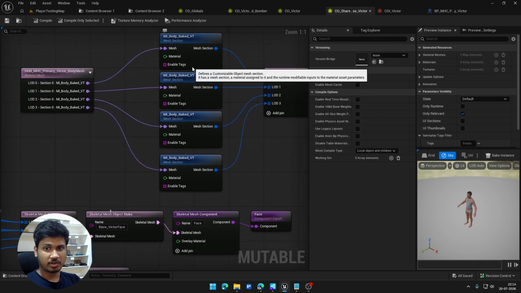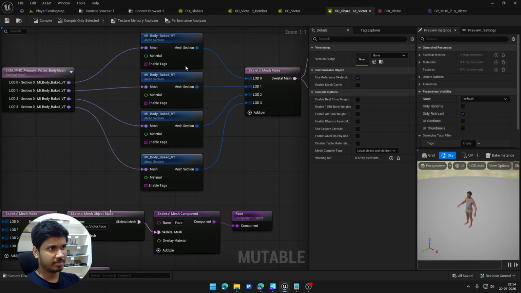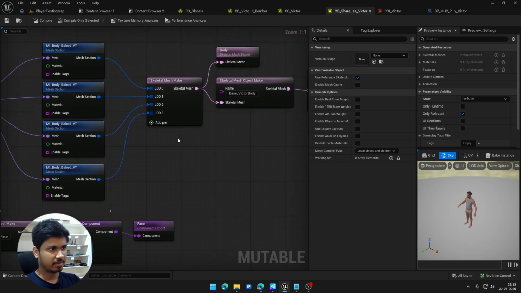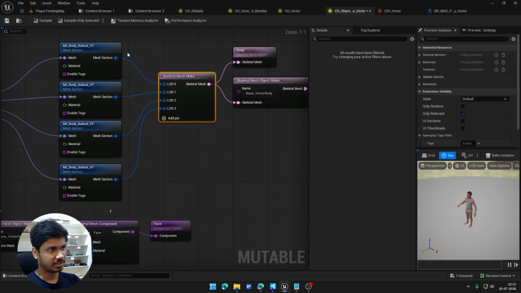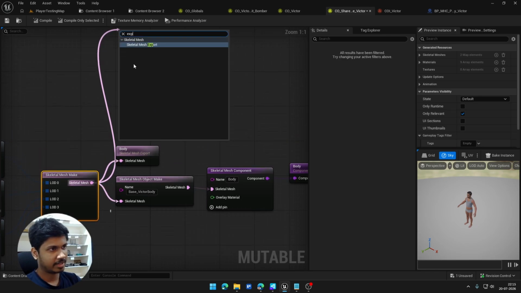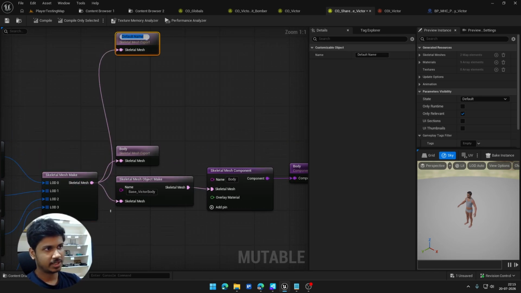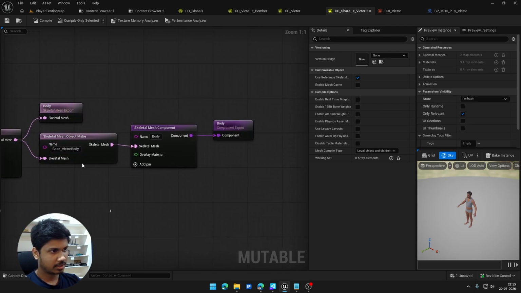If anyone in the comments thinks it is wrong, please explain to me, but I think this is the correct way. So I have created a mesh section for each one, and I have a skeletal mesh make. You can assign mesh sections for each LOD, and then I have created an export node. You can just simply drag out and type export, and it will export, and you need to give the name. Now I'm also making it into a skeletal mesh object and then plugging it into a skeletal mesh component, and